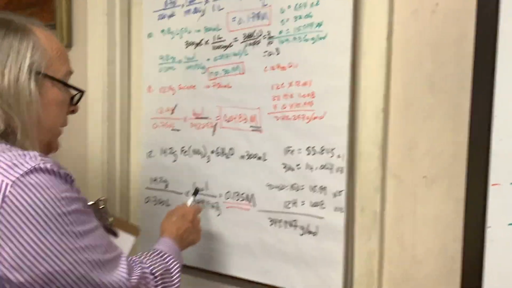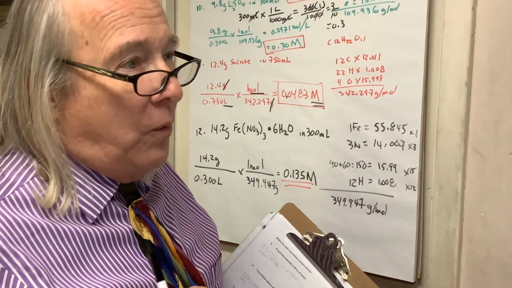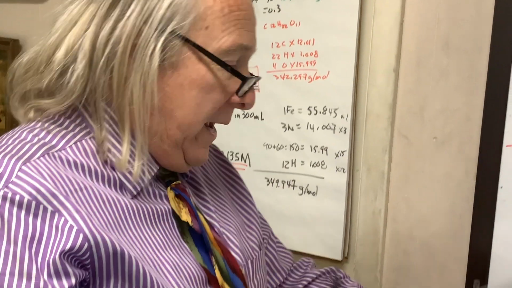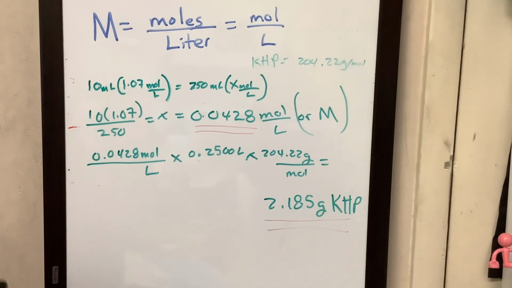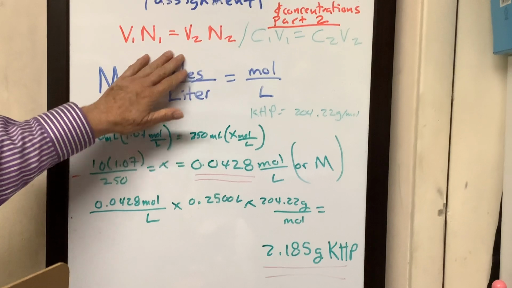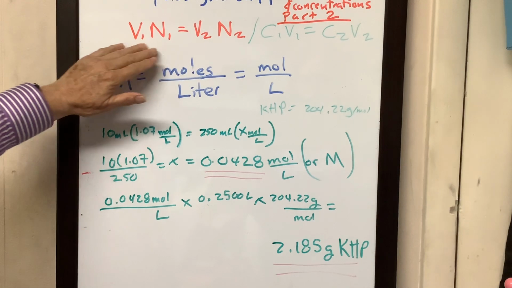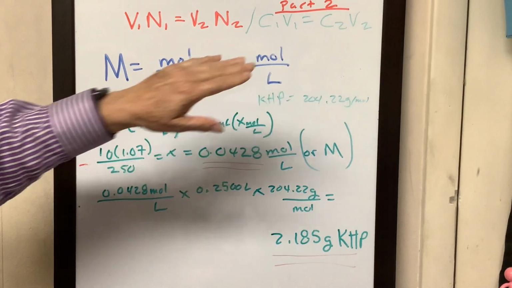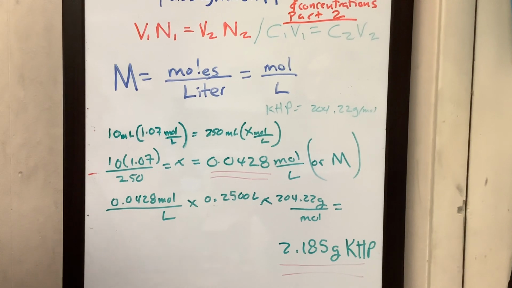Or you just move the decimal point over. It'd be 0.0135 molar. But what if I don't do it quite so straightforwardly? And that's what the last question asks, which I've written actually over here. And a famous equation that I learned is V1N1 equals V2N2. Luckily, we don't work with normalities very much. It's the same pretty much as molarity, except you're doing it in grams of water instead of mils of water. That makes a difference in temperature. It makes a difference in